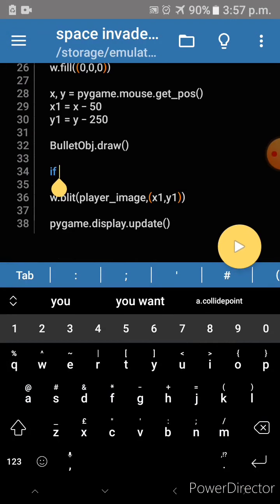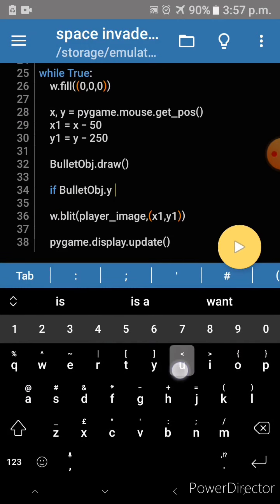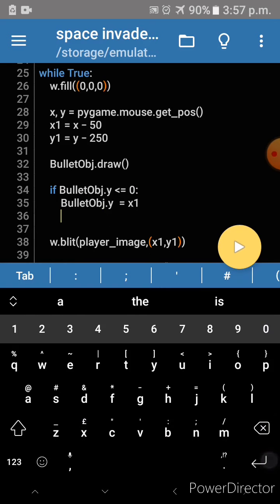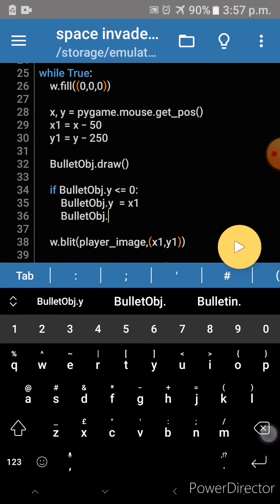If bullet object dot y is less than or equal to 0, then bullet object dot y equal to x1 and bullet object dot x equal to x1, and this is not x1, it is y1.